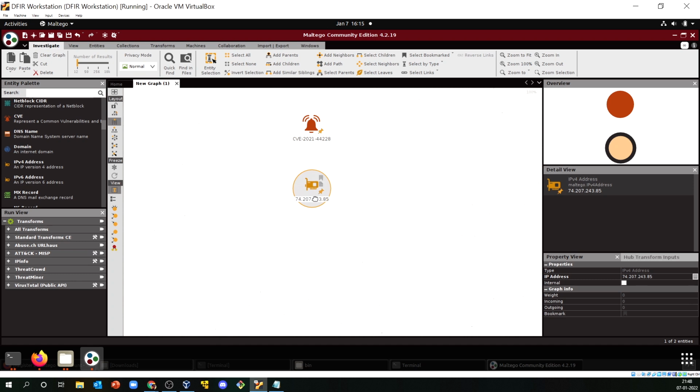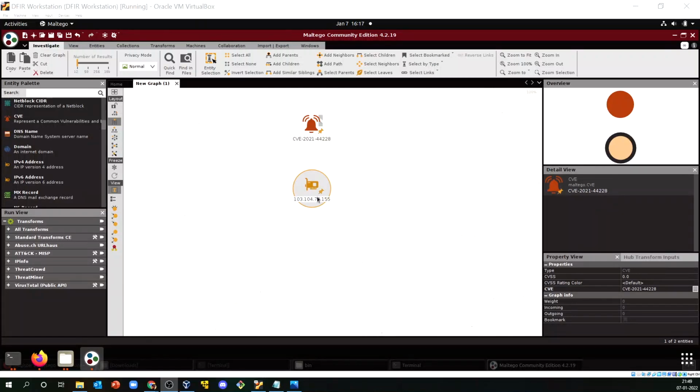You can double click to enable this option, or edit it here as well. Let us quickly grab one IP address related to log4j. Remember the Russian IP address? We can leverage that IP address and run our transform. Let's do that now.